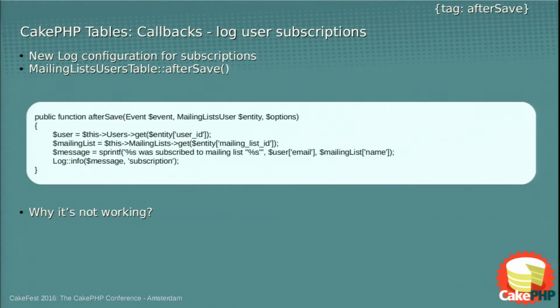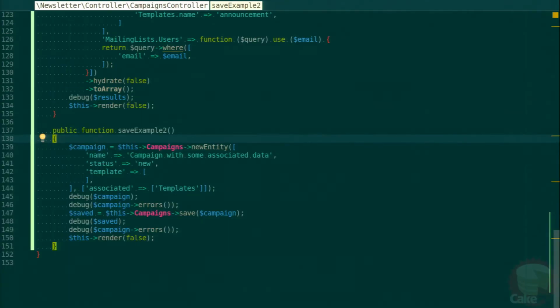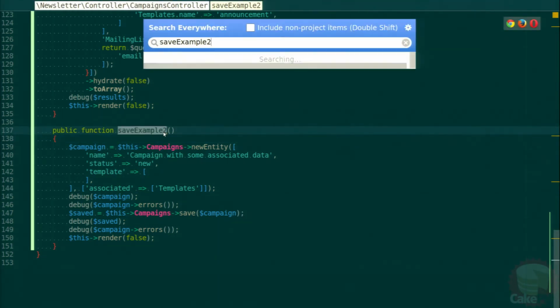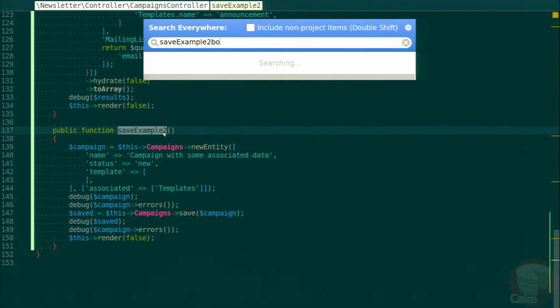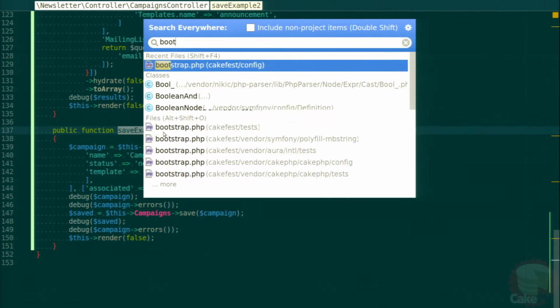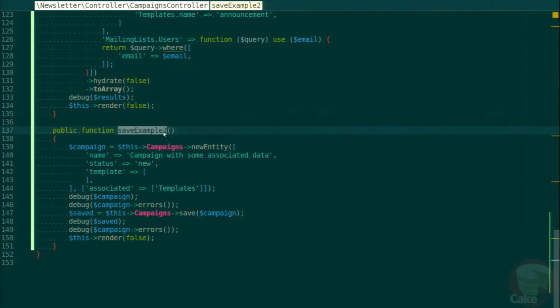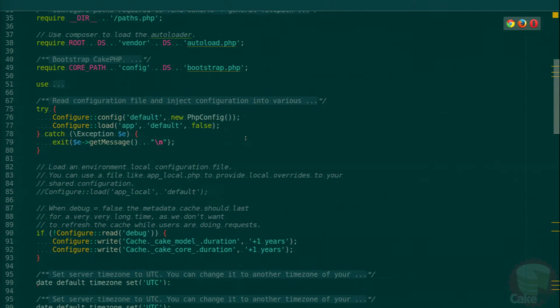So the first thing we're going to do in this example is create a new log configuration. We want all the subscriptions logged in a file, subscriptions.log. We're going to create a new log configuration first. First, so we get to our bootstrap.php. If you remember, we have